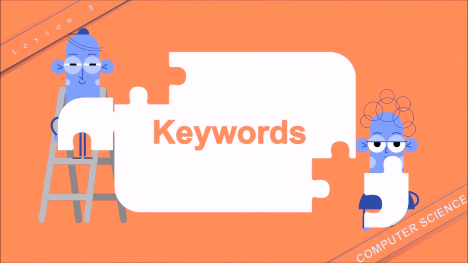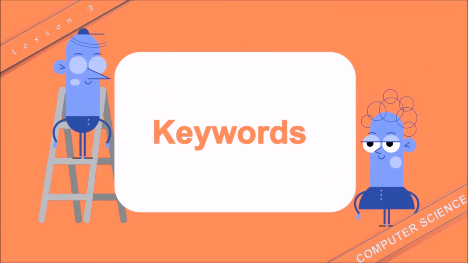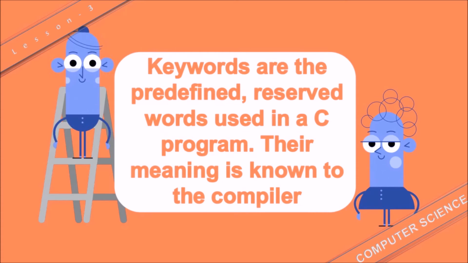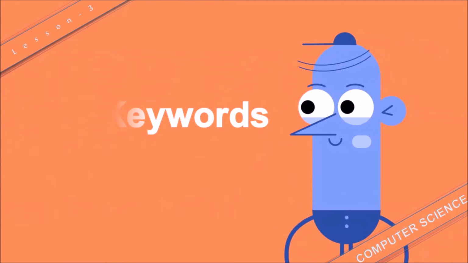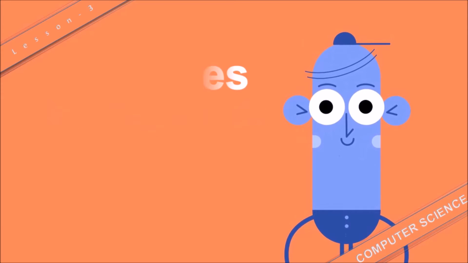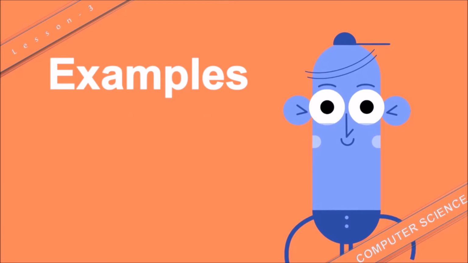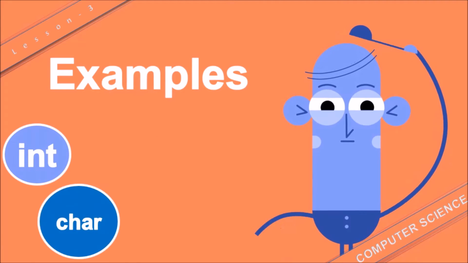And first among them are the keywords. Keywords are the predefined reserved words used in a C program, and their meaning is already known to the compiler, so we just need to use them in the program as they are. And there are 32 keywords in C language. Among them, some of the keywords are int, char,